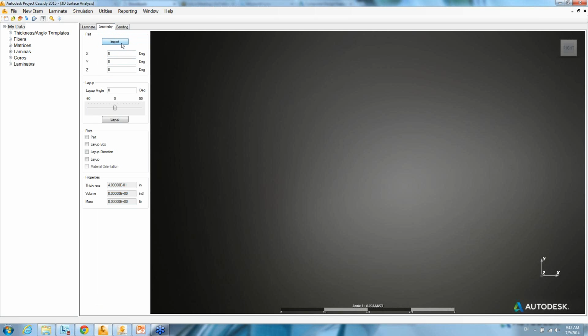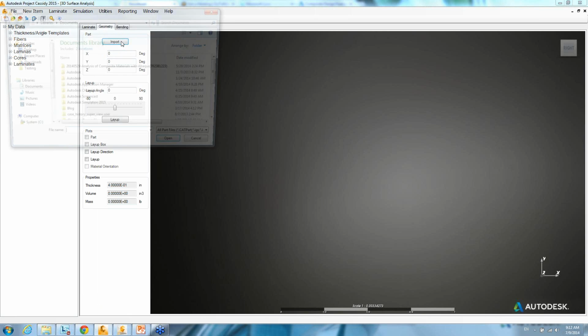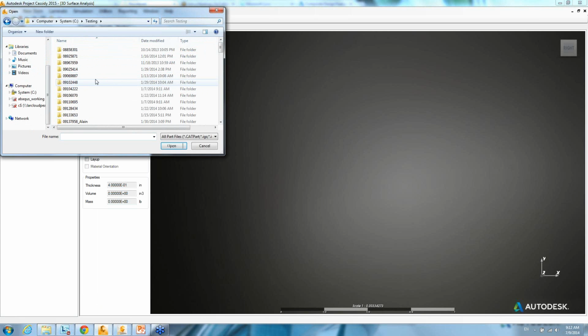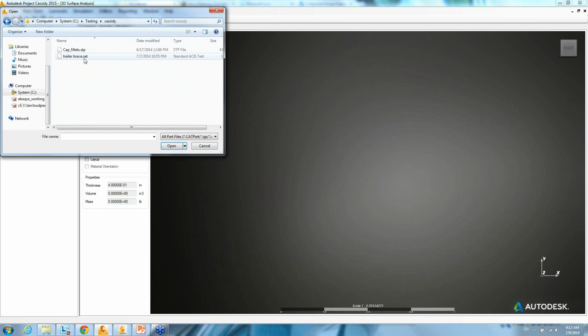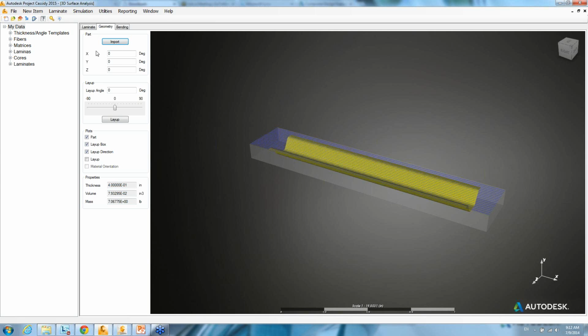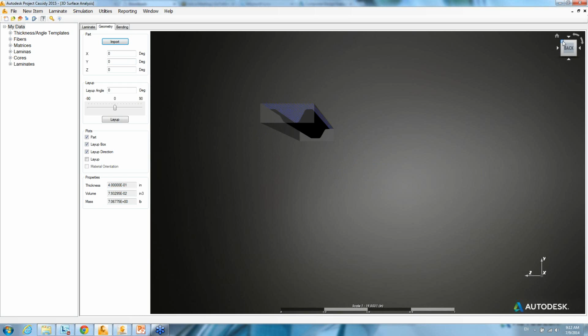So I built the geometry in Inventor Fusion. We can go there and go to the area where I've saved it. I've just imported my geometry. It was a STEP file and pretty basic, just a channel geometry, and it's about 6 inches wide and 36 inches long, fairly flat,